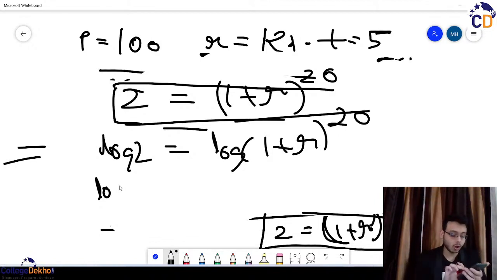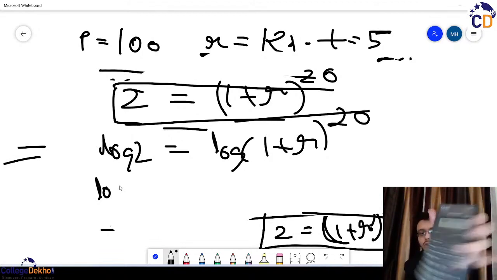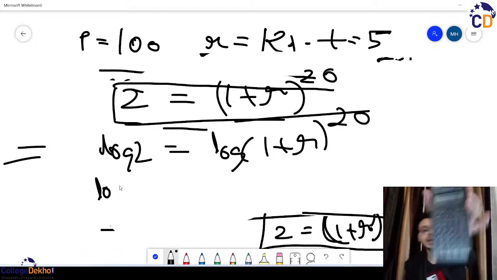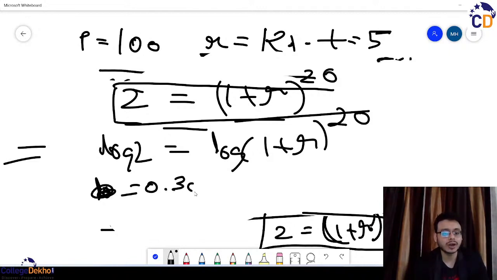So if you click on log, I clicked on log. Like if it is visible on the YT live session, I clicked on log. Then log के आगे मैंने लगाया 2, then is equal to. तो log 2 की वैल्यू आ रही है 0.3. ठीक है, तो डायरेक्टली बिना कुछ कैलकुलेट करे 0.3,